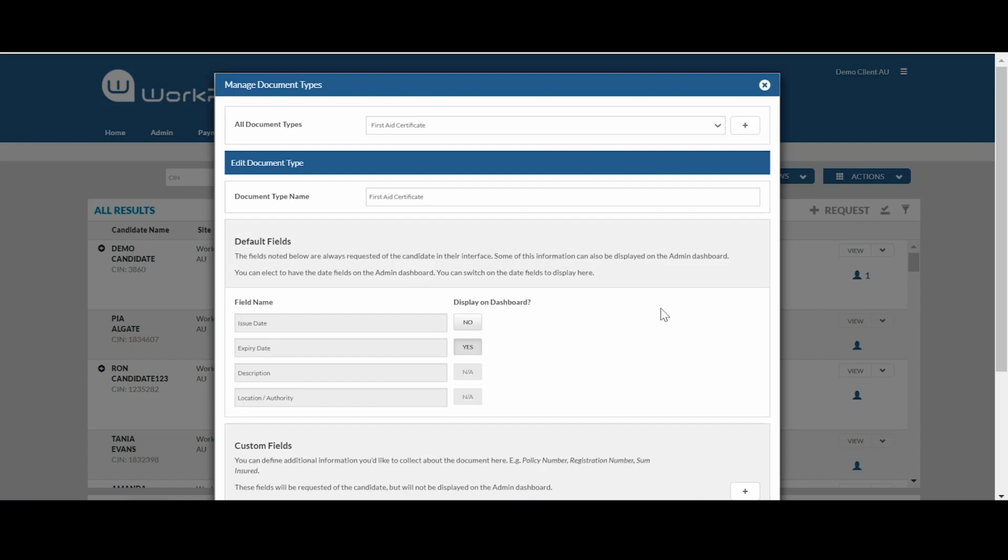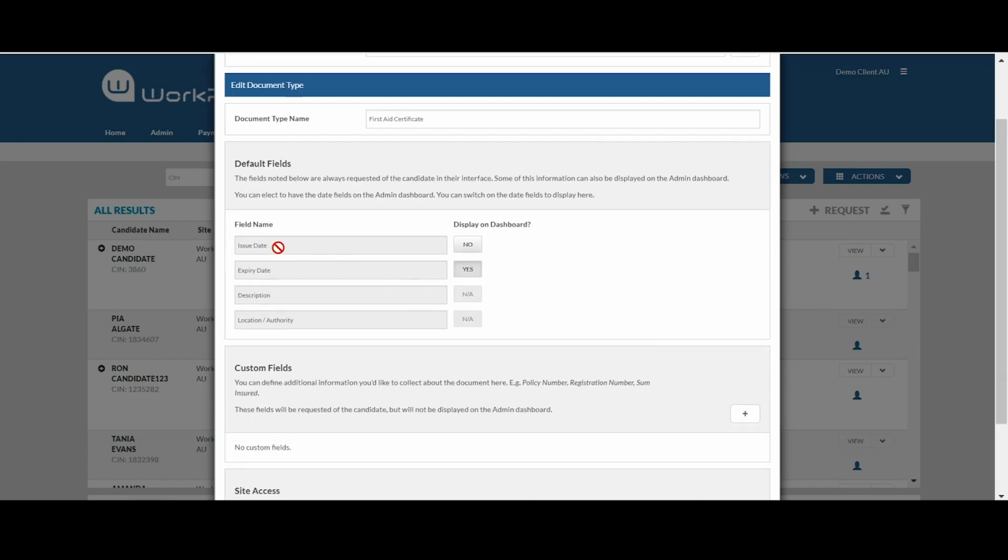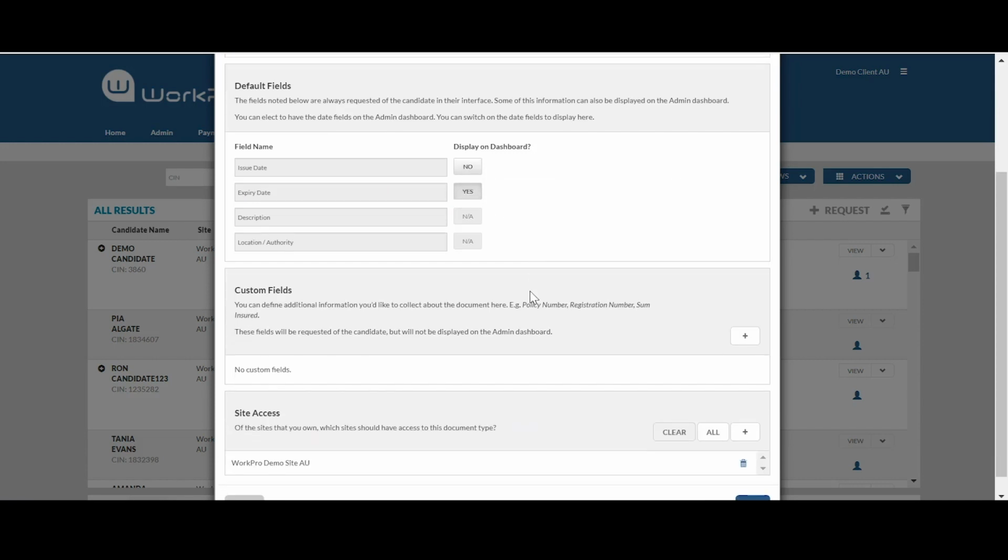And then you're adding the custom information that you need and dictating whether you would like it displayed in your compliance dashboard. So issue date, as an example, may not be important for you to display in the dashboard, but the expiry date may be. So you can toggle these on and off. So let's use that as the expiry date,